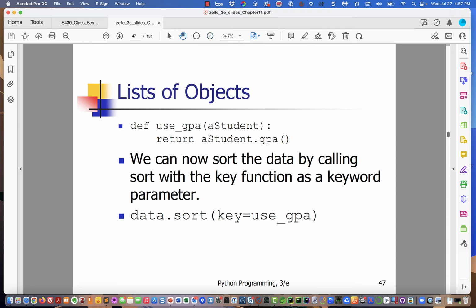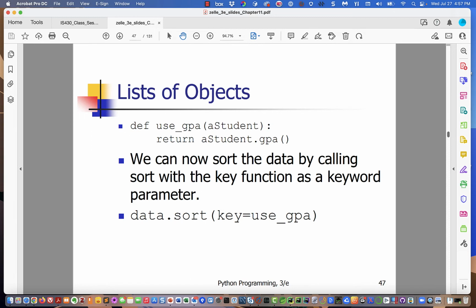So here's what we can do. We can create a function called use. He doesn't really do this in the end. He says you could create a function called use GPA,